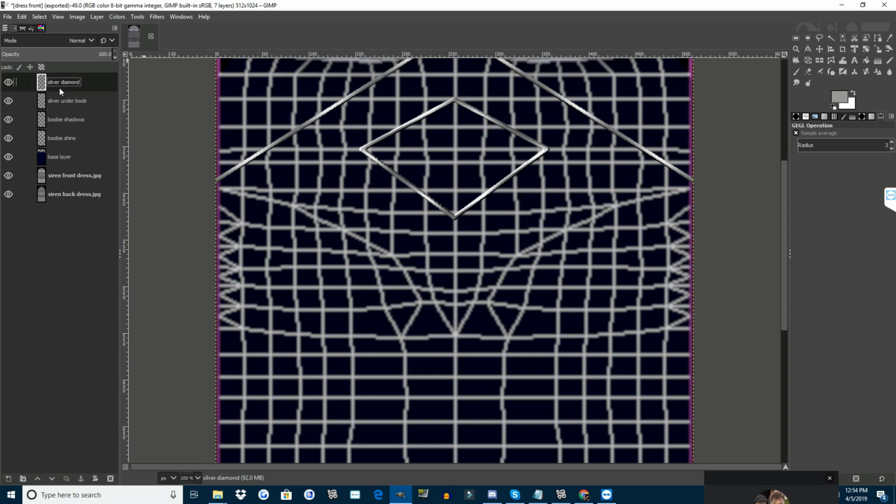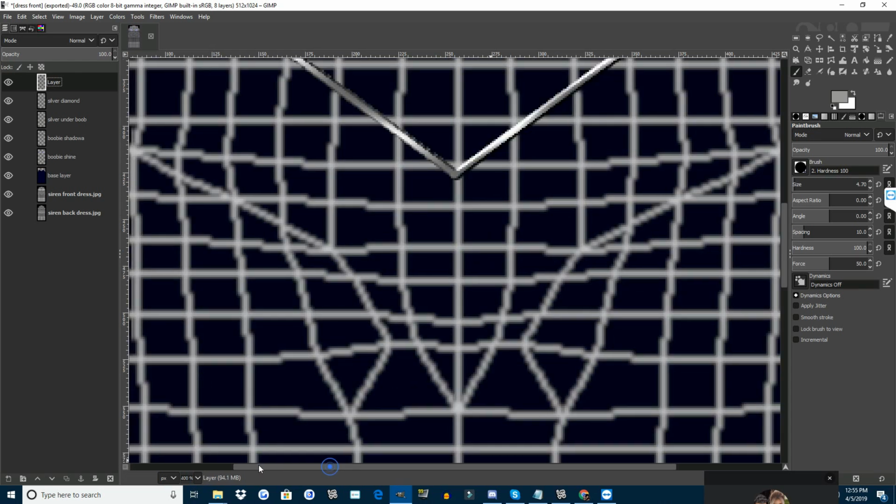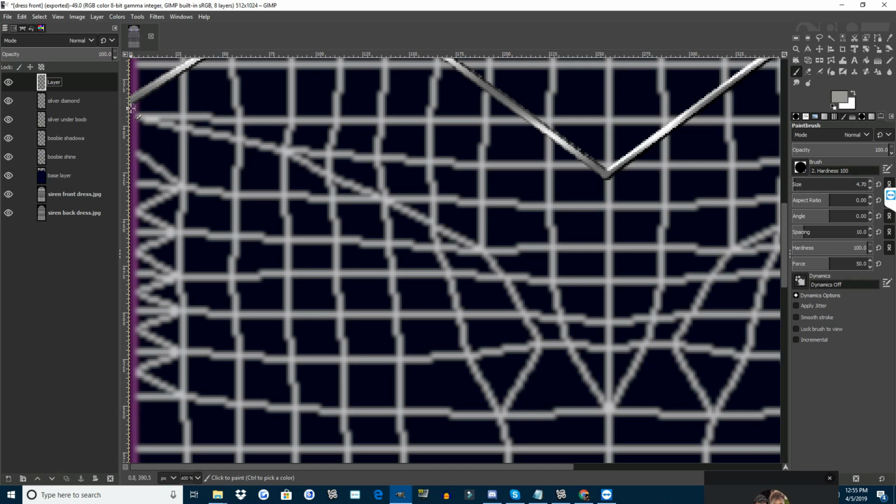Okay. So the next thing we're going to do, we're going to add ourselves another layer of transparency. But before we do that, we're going to go back and export it to a PSD again. Okay, go back to our paintbrush. We're going to go back over here. Let's zoom in some more because I'm a stickler for extra fine details and I want everything to match up. So what we're going to do,